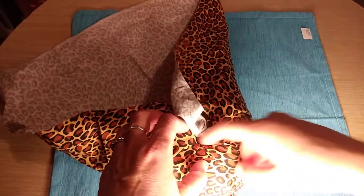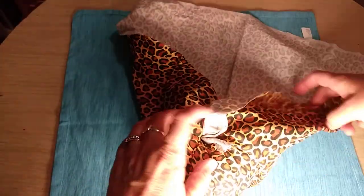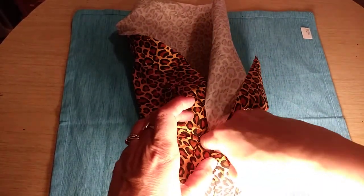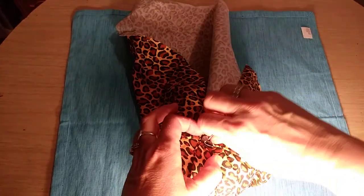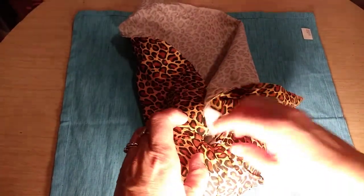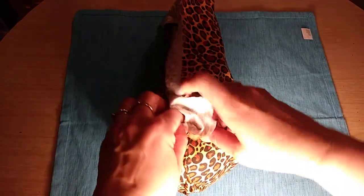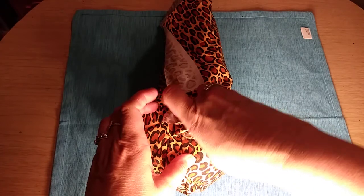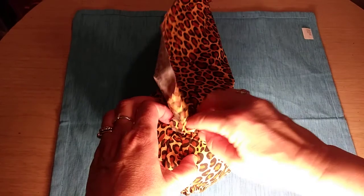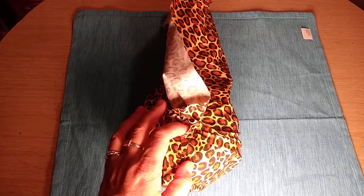And you got to be careful because this foam is kind of delicate, and if I push my finger in too hard, I feel like it's going to split open. So just be very careful. See right here, how it's not tugged tight? So you kind of got to tug it on the sides as you go along. You'll get the feel of it. You'll see what I mean as you go along. And the material has to be probably this size of the square, or it really won't come all the way around. Okay, so let me actually try to push this in with a paintbrush,